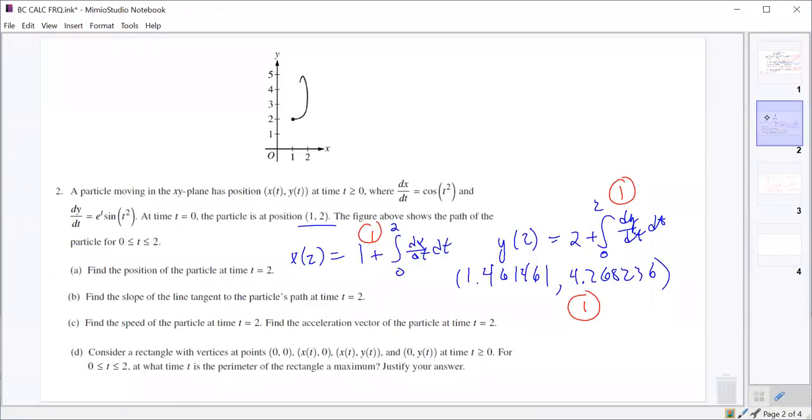Part D has us consider a rectangle with vertices at those points. We want to know when is the perimeter of the rectangle at a maximum. All right. So first off, for t equals 0 to t equals 2. Okay. So we need to figure out